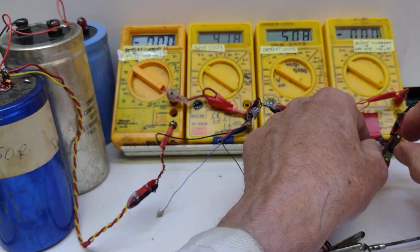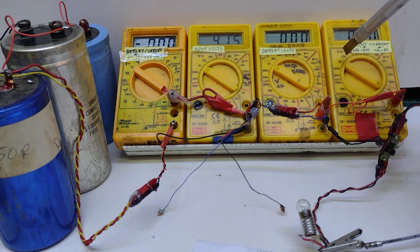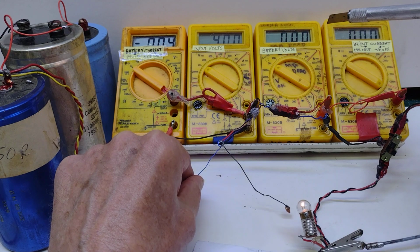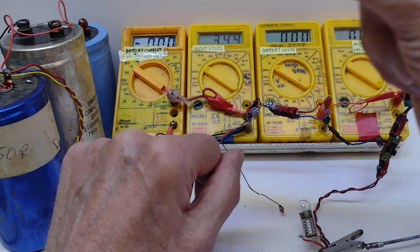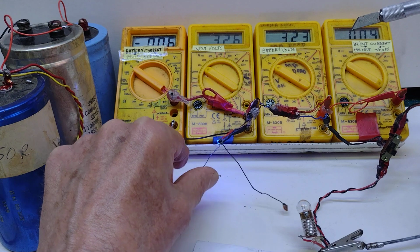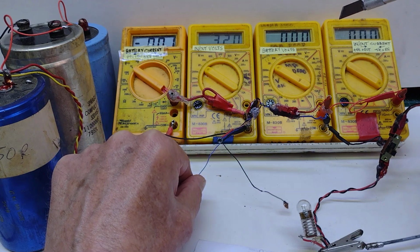We can see then that we've charged this up and it is now charged. So if I go back the opposite way, so that we're taking the current from the charged capacitors through the voltmeter to these 2 meters to the bulb. Once again, if I touch here, you can see that it lights the bulb, and the bulb stays lit for a reasonable amount of time. Of course, my capacitors are discharging quite quickly, so I've only 3.4 volts on it. If I discharge it even more, then it goes down to about 3.2, and if I discharge them a touch more,